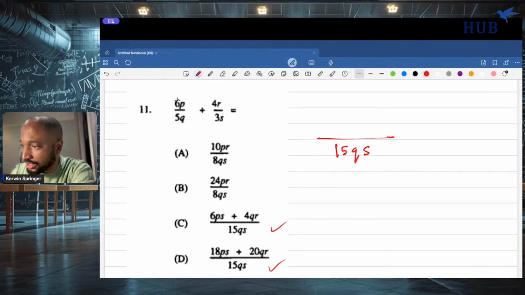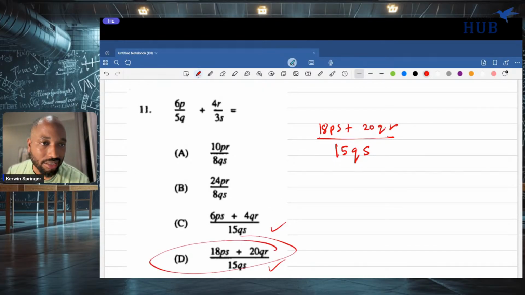So 3S by this is 18. 3 by 6 is 18, not 2 by 6. Last time I said that. 3 by 6 is 18 PS, right? Plus, 3S into this is 5Q, so you end up with 20QR. So D